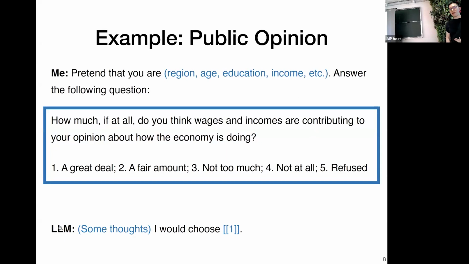Typically, the language model will first conduct some reasoning, some chain of thought. They will say, okay, suppose I'm this type of person, then what should I do? What's going to be my behavior? So you will see a few paragraphs of reasoning, and then finally, the language model will jump to an answer. And if you query the language model a few times, even with exactly the same profile, you may still get different answers because of this randomness. So that's how people usually do simulated surveys in this way.